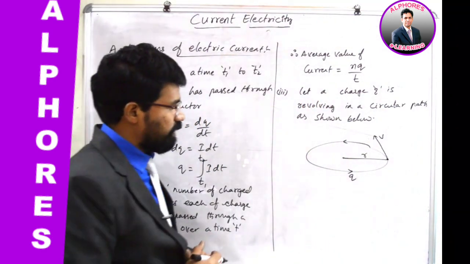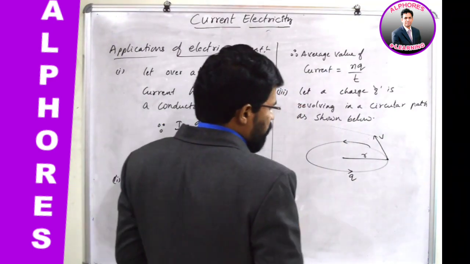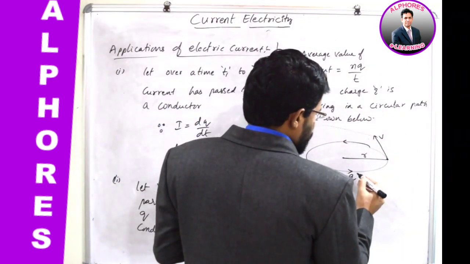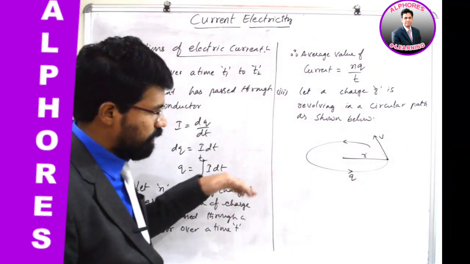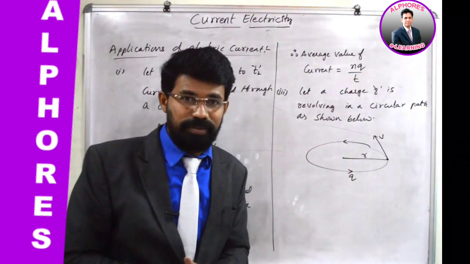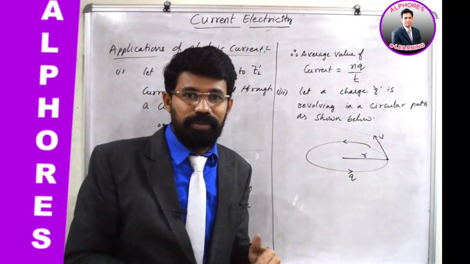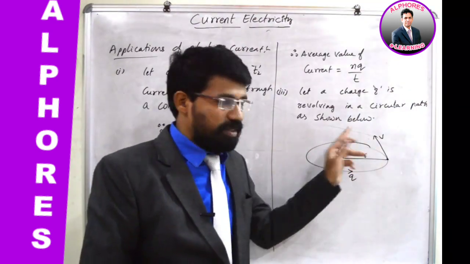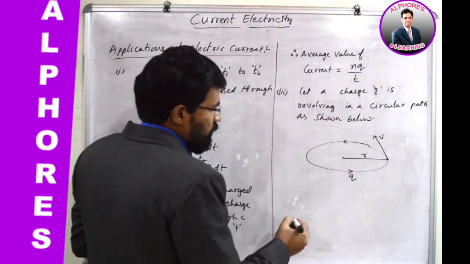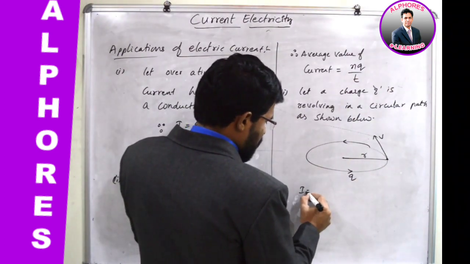Linear velocity v. Now, I wanted to find out the current associated with this flow. Yes, you can talk about current associated with this charge motion in a circular path, because charge is there and it is moving in the circular path, right? So there is a net flow of charge in the circular path, isn't it? Let us say, if you wanted to write the equation, how can it be written?